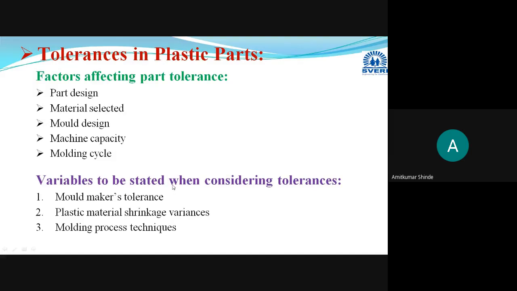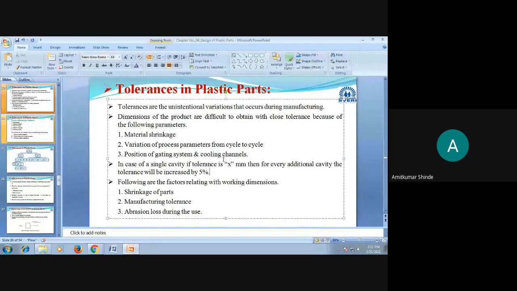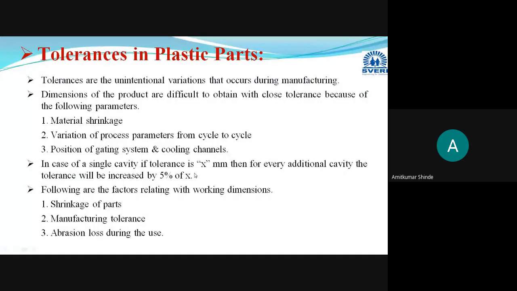You have to make some changes here. If you are using a single cavity and the tolerance provided is, suppose, 10 millimeter,